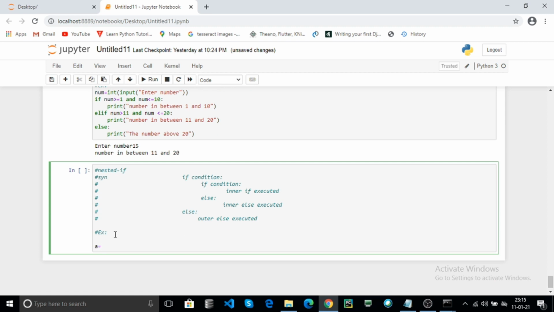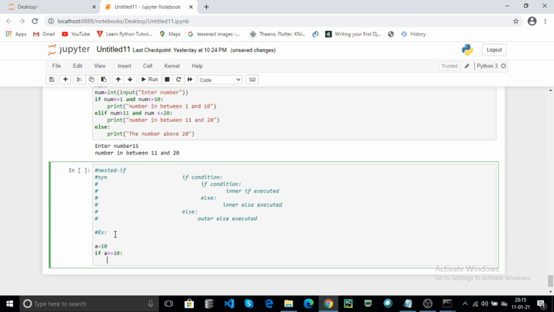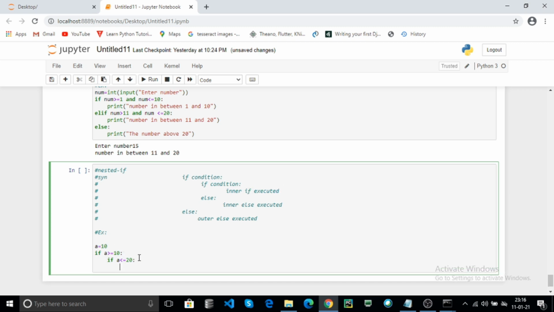Here a equal to 10. It checks the condition if a is greater than or equal to 10, and if a is less than or equal to 20. Here the number is in between 10 and 20, so the inner if is executed. In Python, you must follow the indentation spaces.